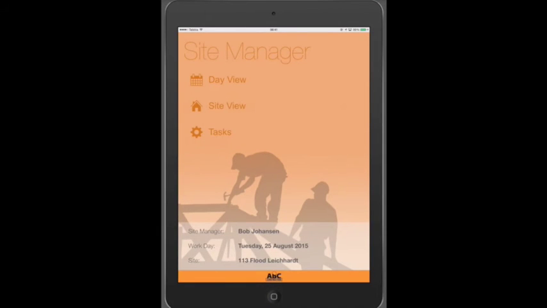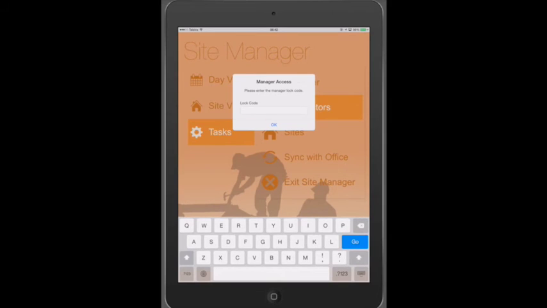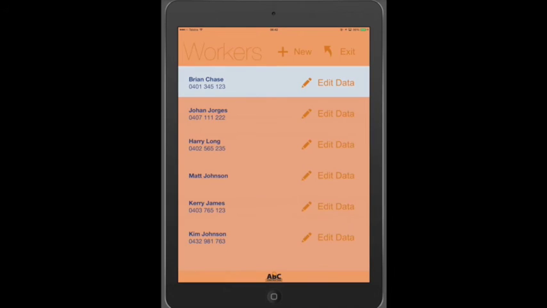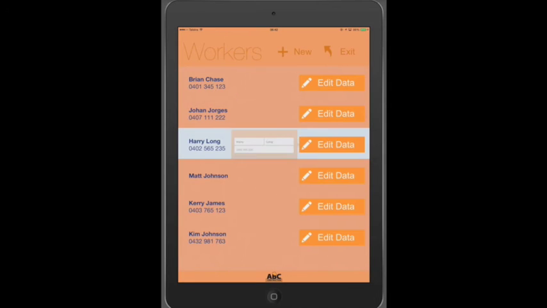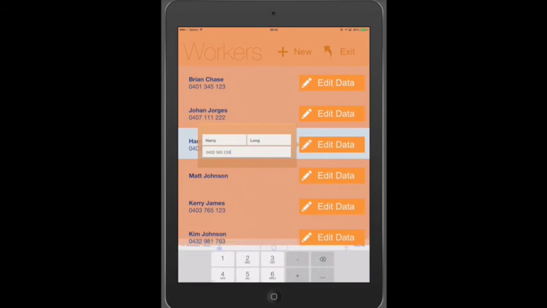So let's move on to looking at people clocking on for the day. The manager is able to go into tasks and set up the contractor records. These are people who might be working on any particular day on any site. And we have the ability here to go into any particular worker record and edit the data, their name and